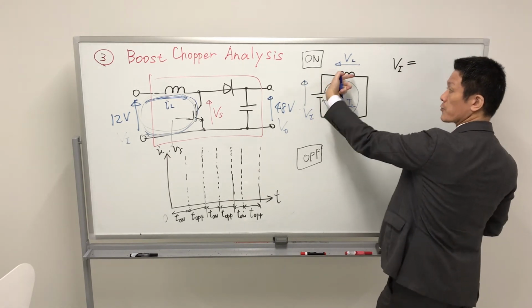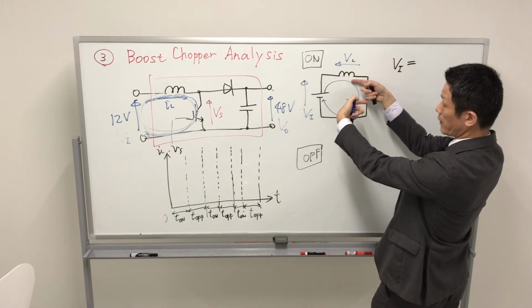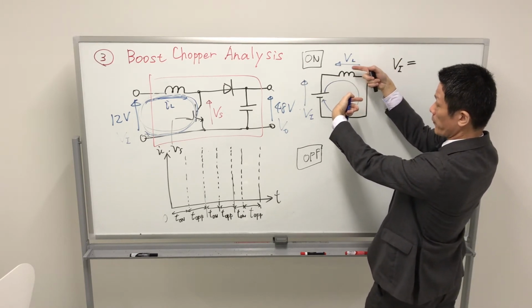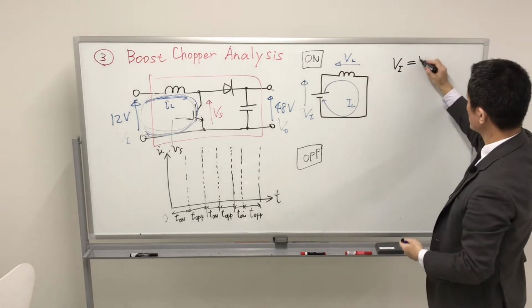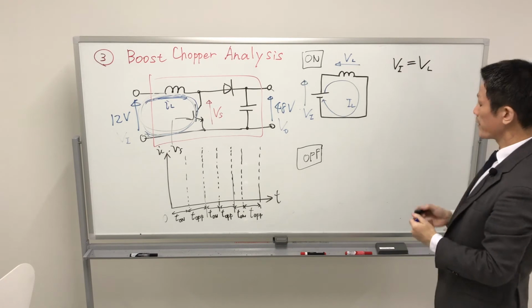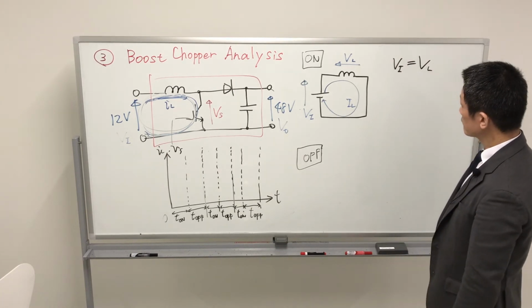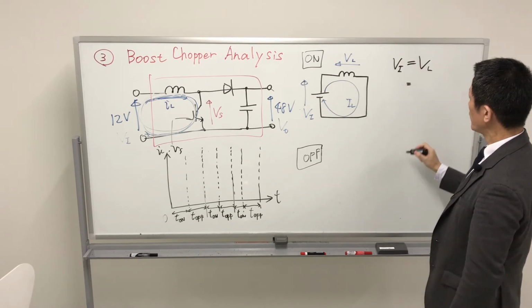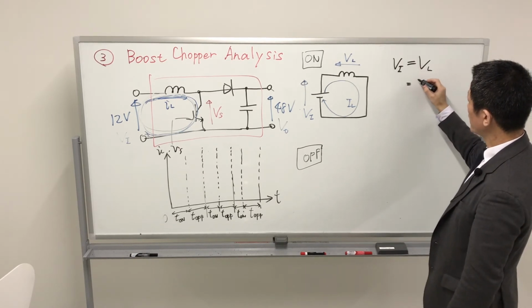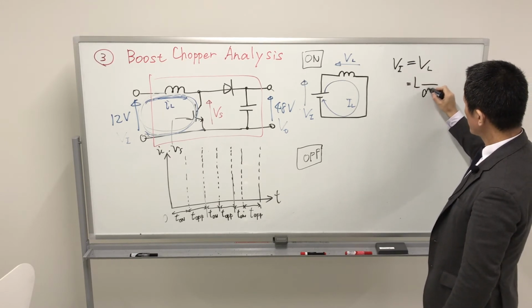Current flows through like this, but the voltage for the inductor is opposite, so arrange it to the right side. Right? Very simple. So from Faraday's law,